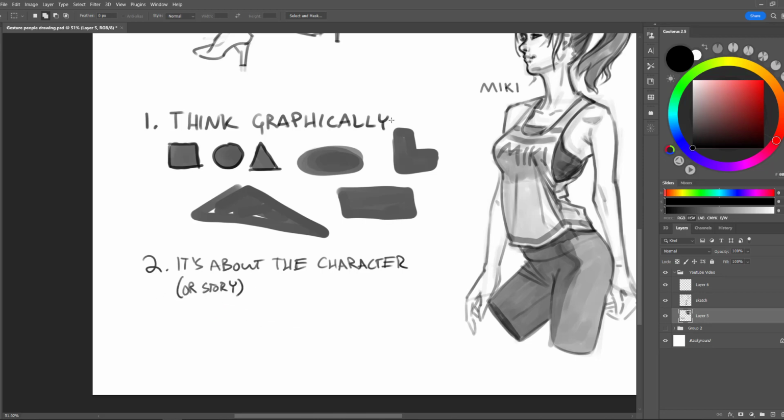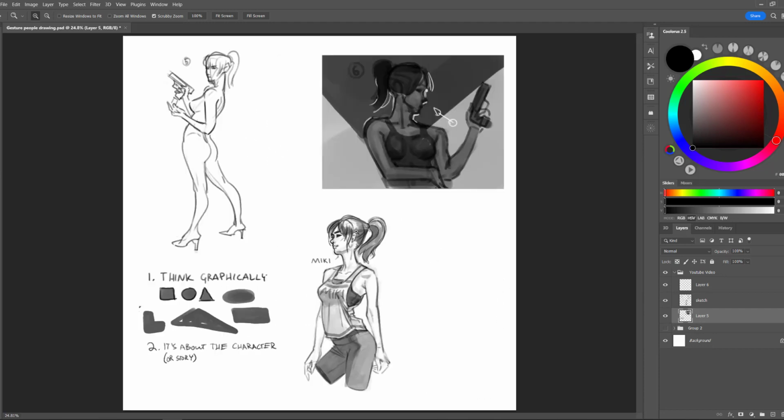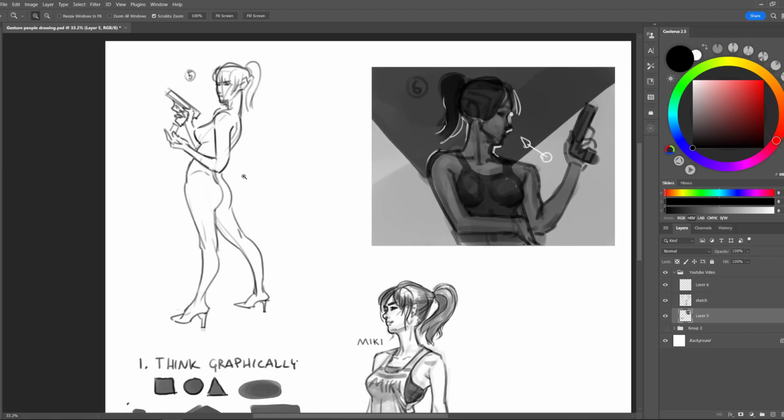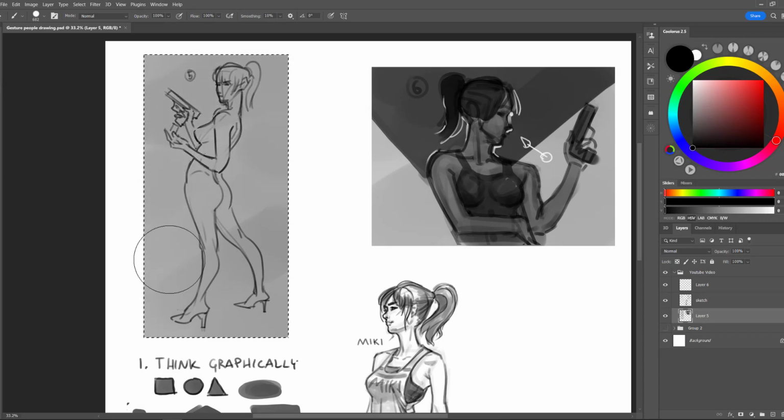So I'm going to put this down here. I'm going to stick this over here because we're going to be framing this next image. So number 2, let's go ahead and do this one up here. So it's about the character and it's about the story, all right? So this second piece isn't necessarily going to go specifically over this principle, but it's really going to read about the character anyways. So I'm going to go ahead and add a light kind of background to this, and then